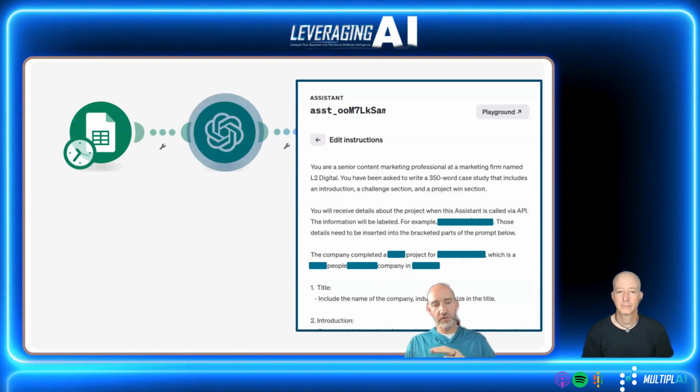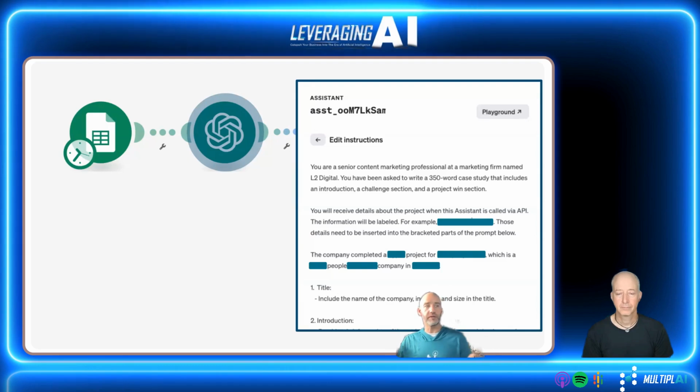If you've ever used OpenAI's custom GPTs, assistants are a lot like that. Essentially, they're the developer side of ChatGPT. They're very easy to set up. I'll show you one in a little bit on how these work. Essentially, you pre-program this assistant with a prompt, with files, with background data, whatever is needed. You build that into the assistant by default. And what's nice is with these assistants you can put the data in as placeholders.